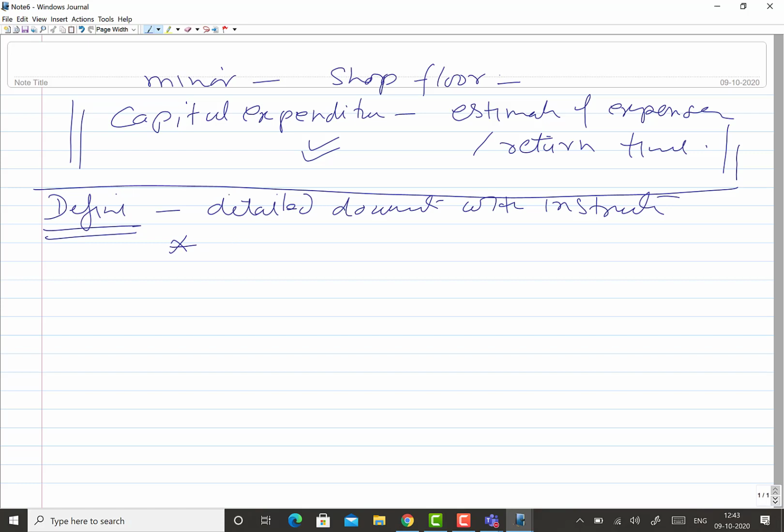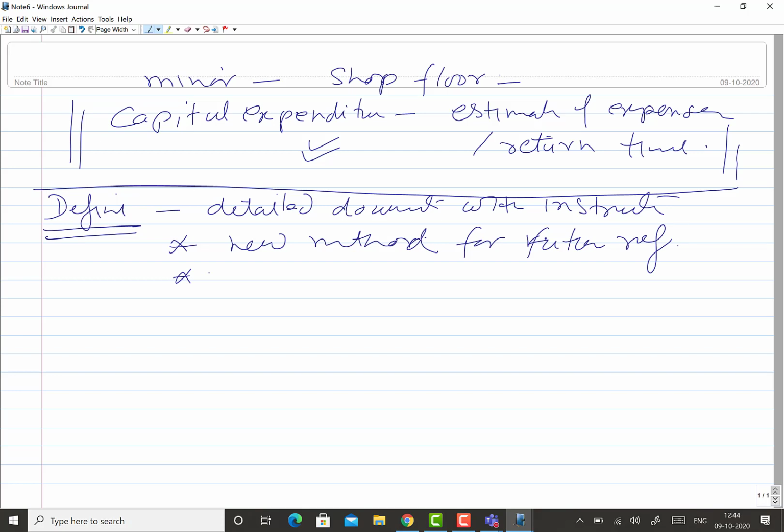So it is important in a number of ways. When the new method is defined, it has to be documented with the complete instructions. So this document can be used as a reference document of the new method for future reference. So one reference document related to the new method is developed.